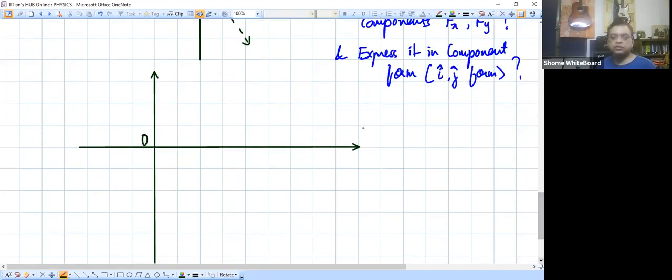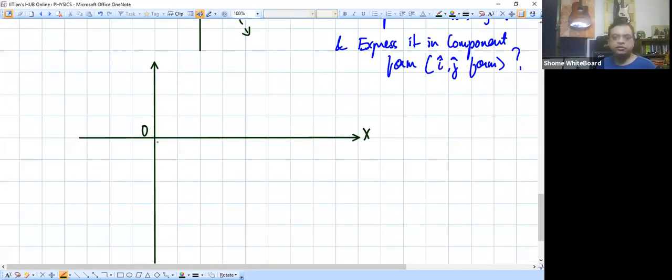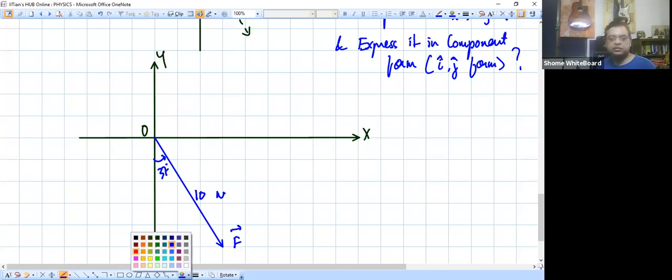So in my xy plane, if I draw the vector starting from the origin, that vector now looks like this. It is of magnitude 10 newtons, and this angle is 37 degrees. So you can see that when I drop a perpendicular on each of the axes,